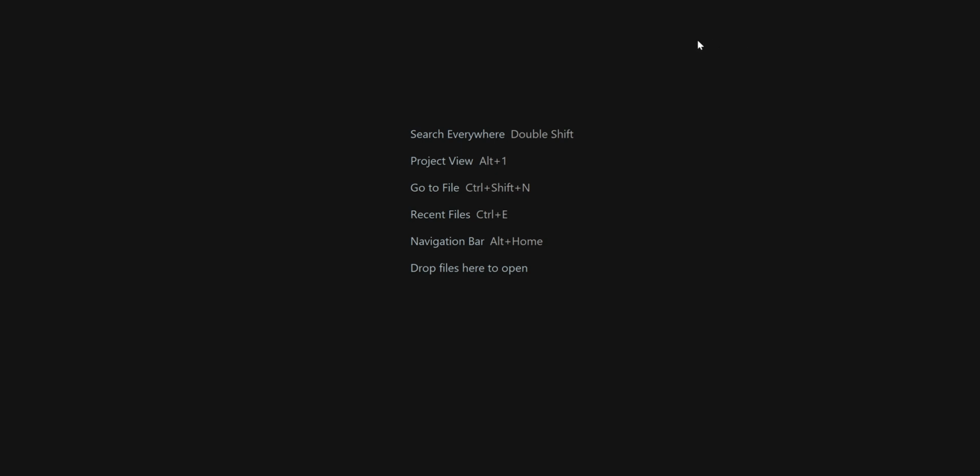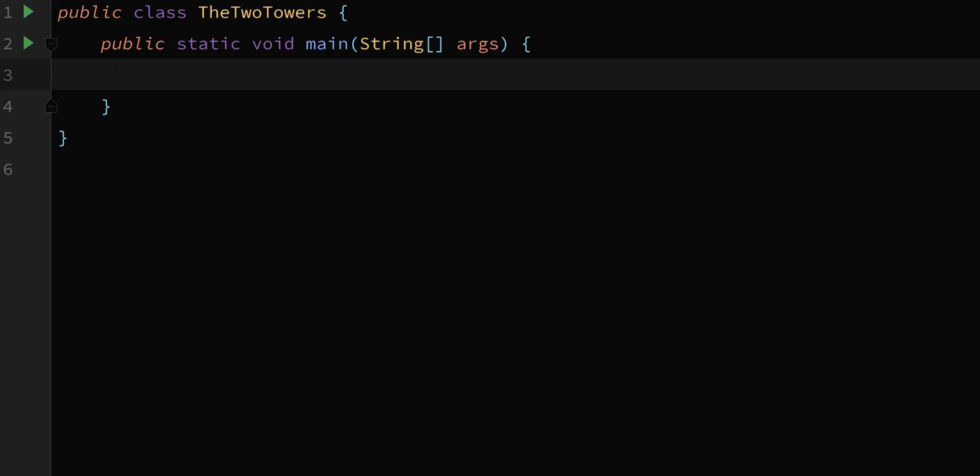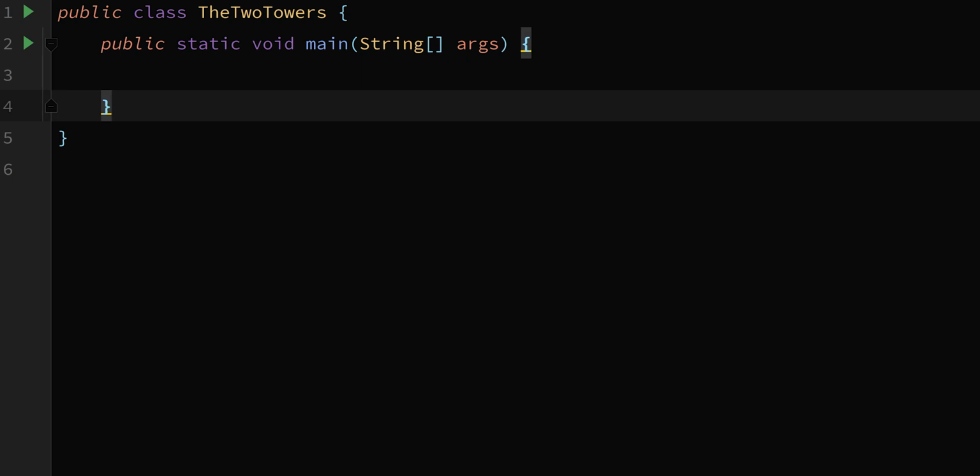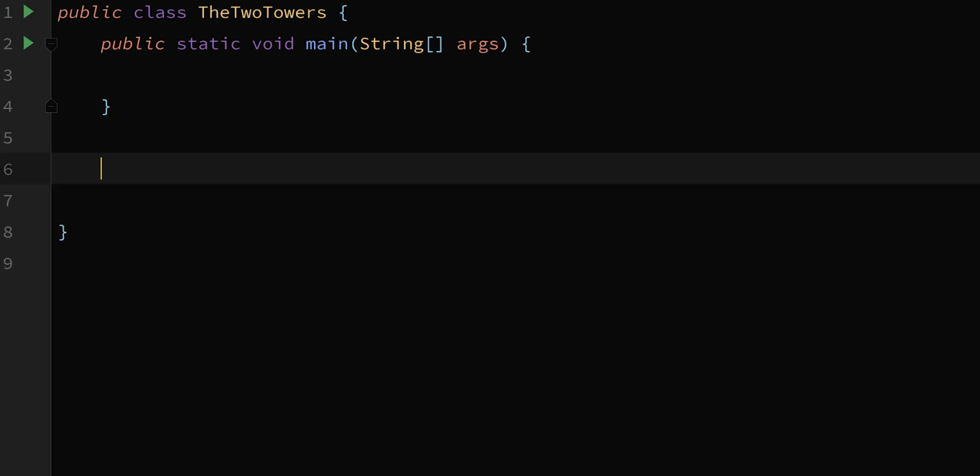So let's open up our file here, and what did we go with? I think we went with the two towers today. We did, and we have our public static void main method in there. Now we should start with parameters and arguments, or formal arguments and actual arguments. Remember, I'm only going to say parameters and arguments. I don't want to have to say formal arguments and actual arguments when I'm talking about all this stuff. But when we are creating a method, we're going to stick with our Warcraft ideas and the methods. So let's make a method, and let's say public static